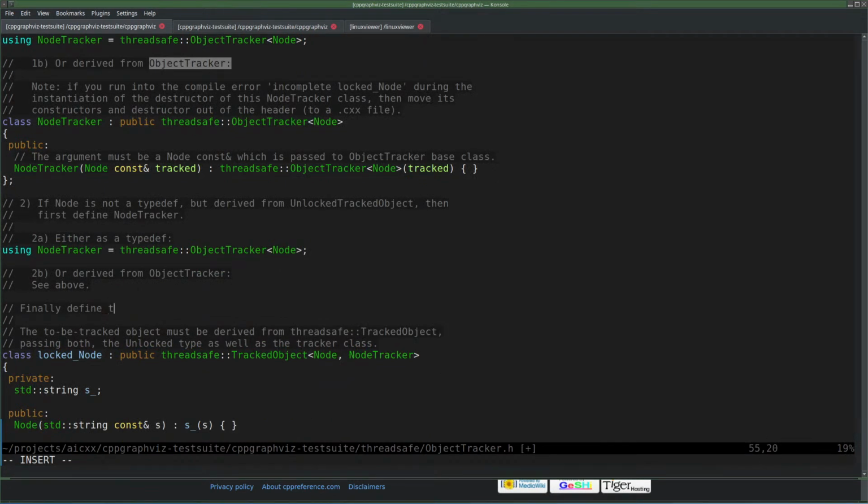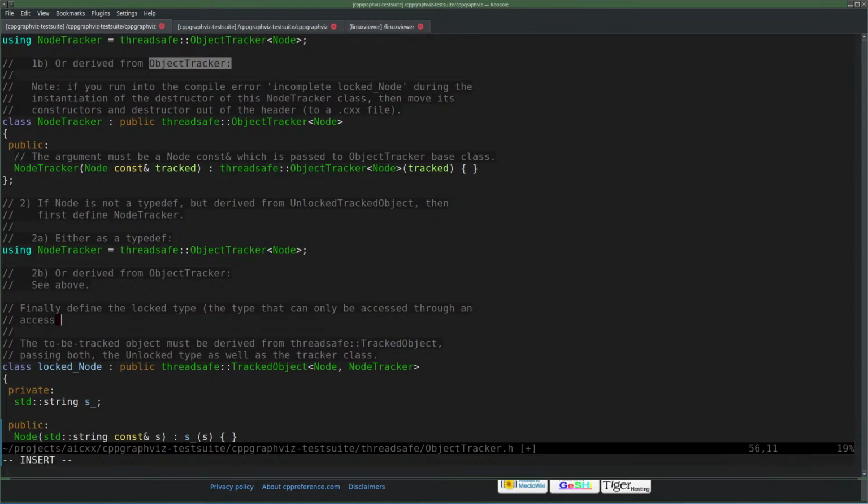Finally defined the locked type. A type that can only be accessed through an access object, like